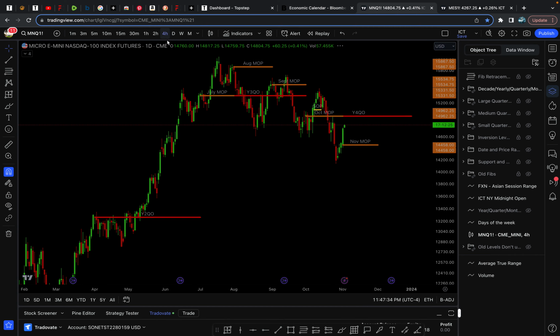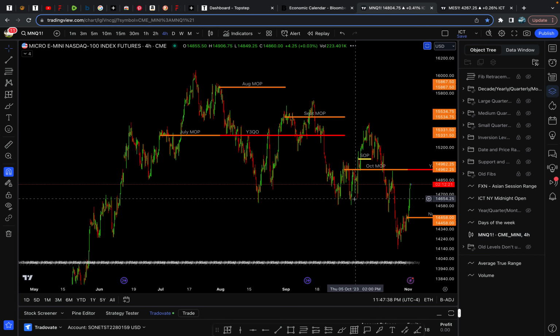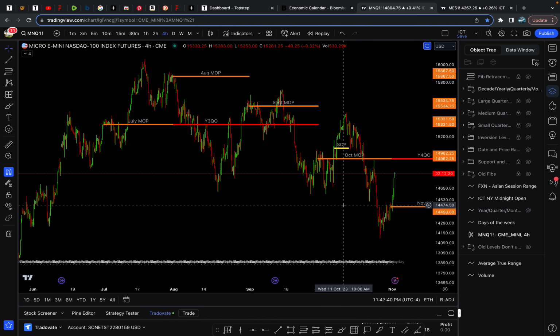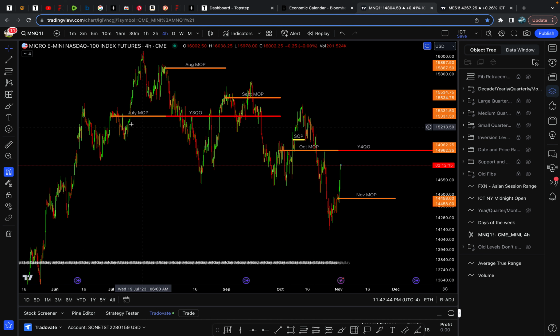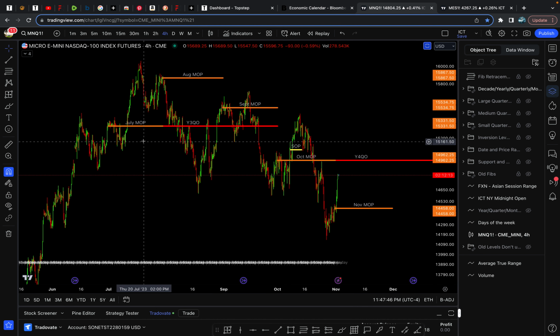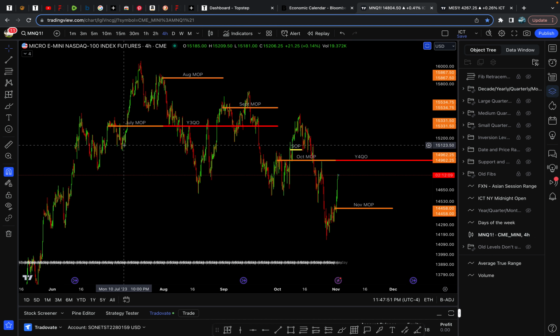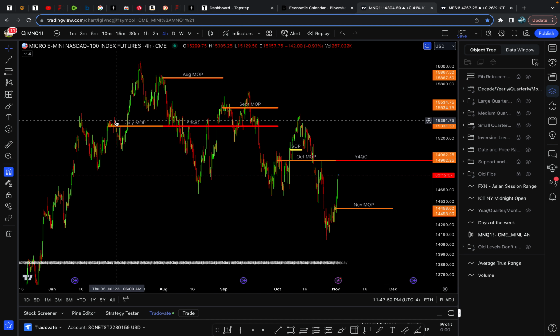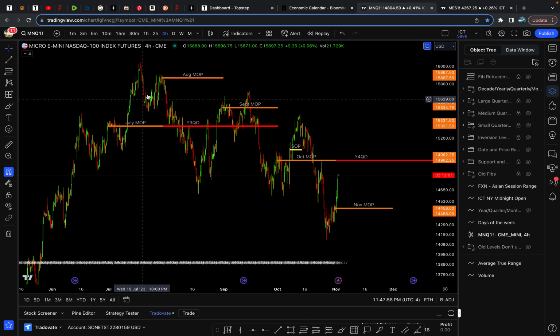But we're gonna go down to the 4 hour, and we can start to zoom in. These are the only monthly levels that I've drawn so far, but if you notice how it does, it dips down and goes up, right? So I always talk about first quarter, first half. It'll dip up or down and then usually go the opposite direction.